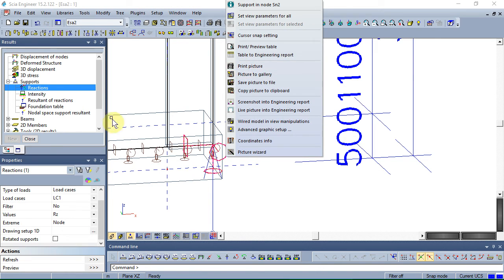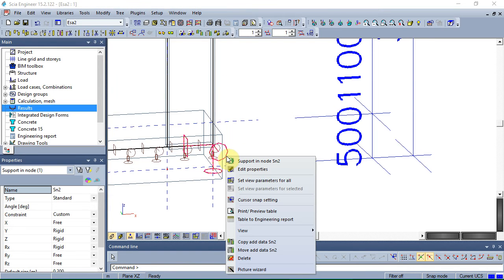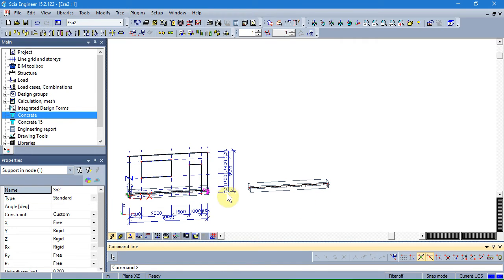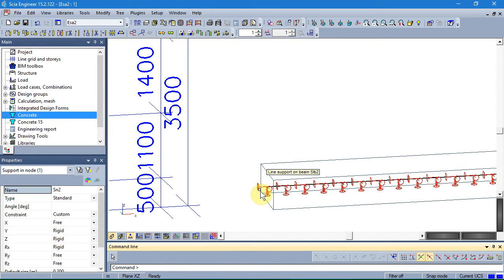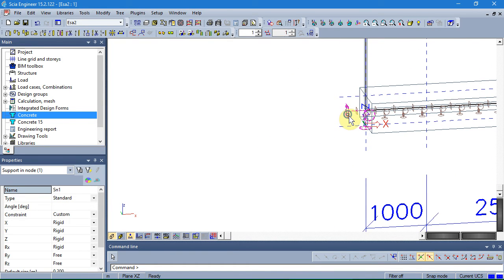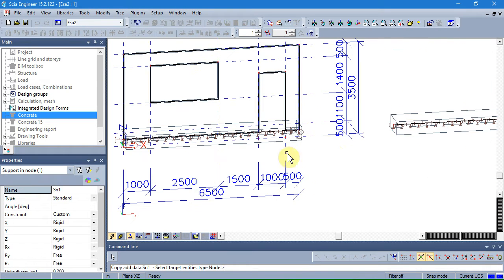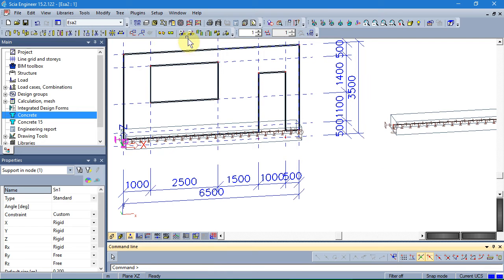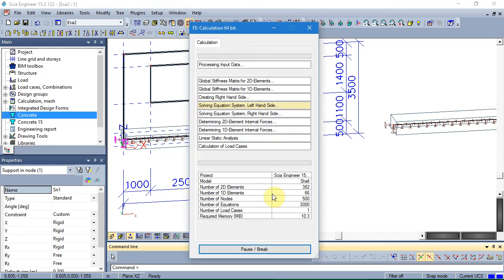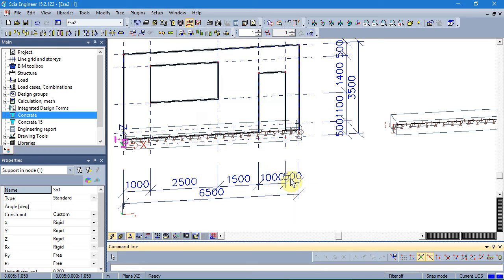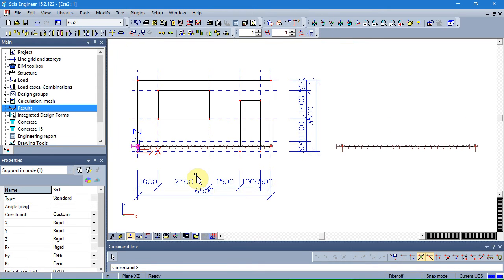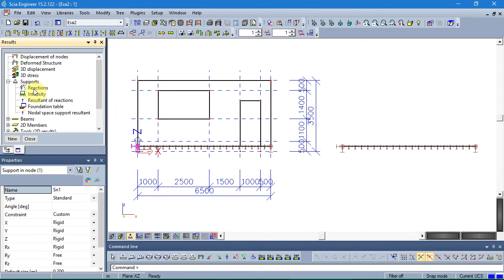Where is it? Copy additional data to this node. Okay, and on the left side, no, there is also one missing. Maybe it was put off. No problem. We can copy it and run the calculation again. Okay, I don't need the thickness. And look at the results.